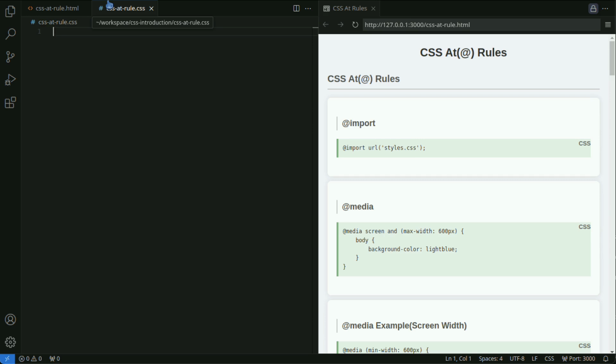CSS rules are special instructions used to control the behavior and application conditions of style sheets. Unlike normal CSS properties, rules conditionally apply styles or import external resources. Representative rules include @media, @import, and @keyframes, among others.